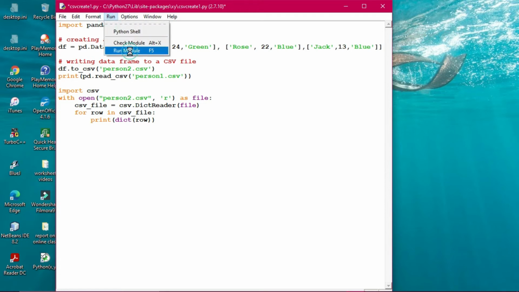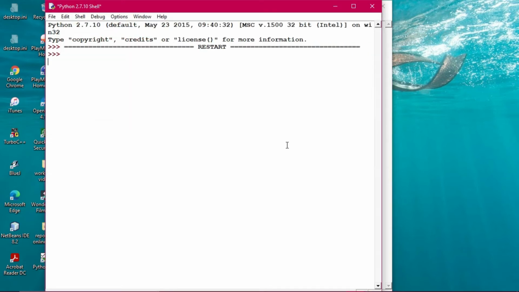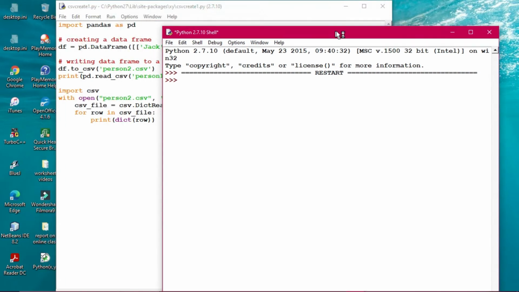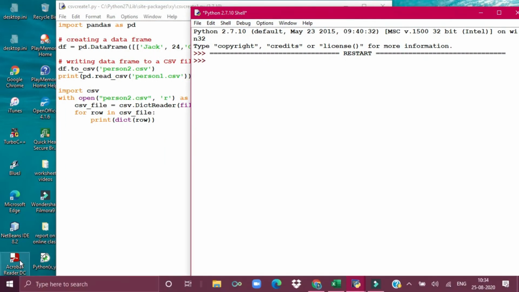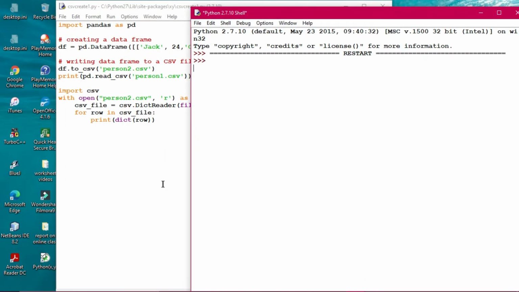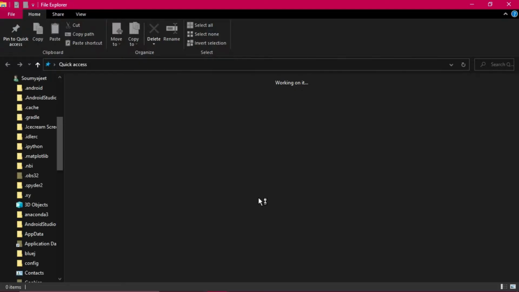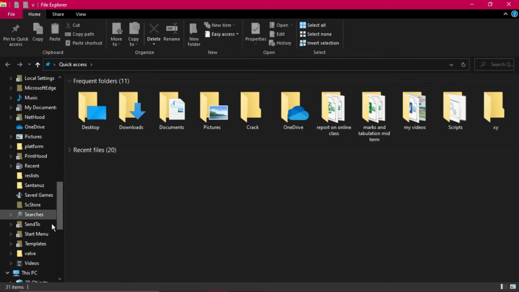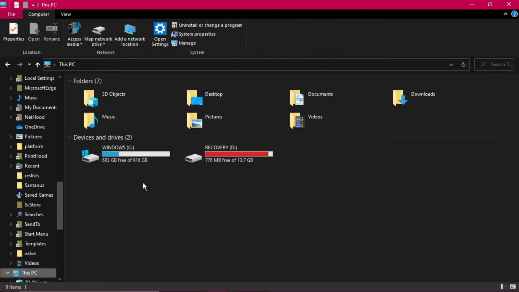So I'm executing this program right now. Now let you see person2 is the name. You keep an eye on it. So again we are going to open and verify whether it is the same or not. You see the output will be generated within a short while. Okay, so the thing is that this particular thing is coming now. I'm just opening the file to check whether person2 has been created or not. Okay, by the time, so we are going to this PC in a similar way.